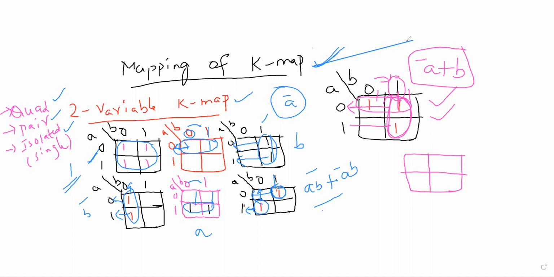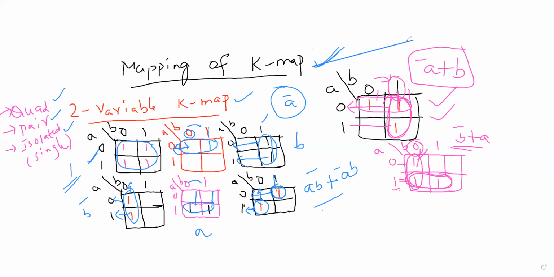Now let us consider this one. Let us consider this is a, b, 0, 1, 0, 1. If you consider this one, now there is a chance of pair like this and there is a chance of pair like this. Is it clear? Now for this group 1, the rows are changing from 0 to 1 but the column is 0, that means b bar, plus. Now if you observe this group, the columns are changing from 0 to 1 but the row is a constant. What is that? A. So b bar plus a.